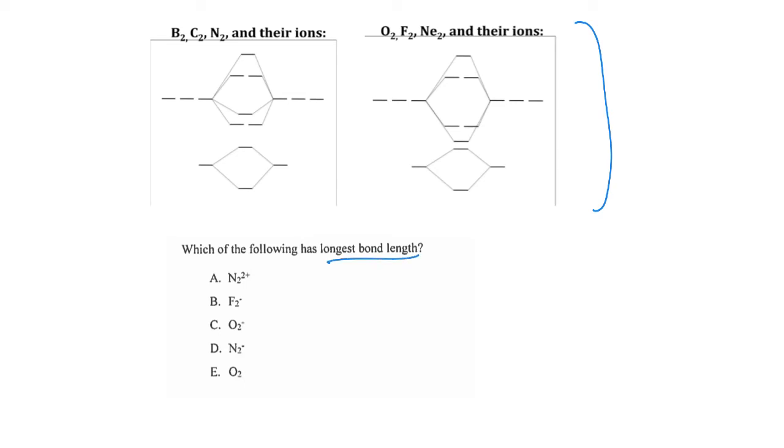So this type of question here is just trying to get us to think of bond order. So the molecule with the smallest bond order should be the longest bond. Molecule with the biggest bond order has the greatest number of bonding electrons and hence would have the shortest bond. So N2 plus, we just got to go to the right diagram. So N2 plus would look like